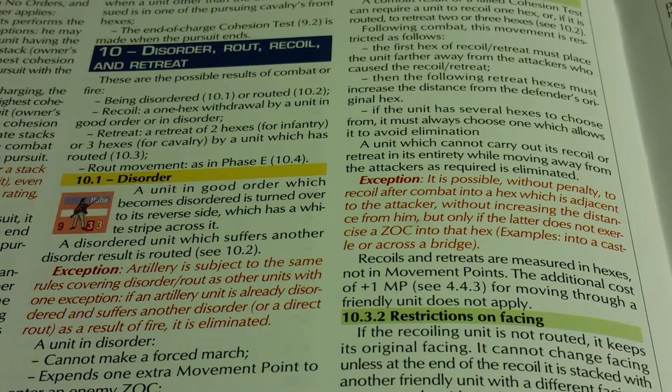So, disorder. A unit in good order which becomes disordered is turned over to its reverse side, which has a white stripe across it. A disordered unit which suffers another disorder result, or a rout result due to fire, is routed. Exception: artillery is subject to the same rules covering disorder and rout as other units, with one exception. If an artillery unit is already disordered and suffers another disorder or a rout result due to fire, it is